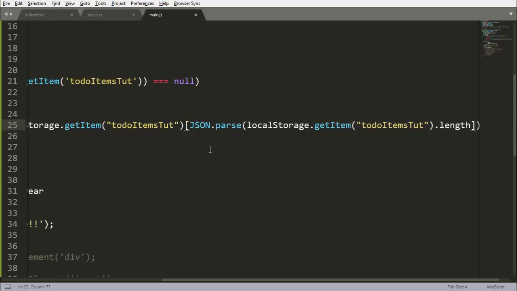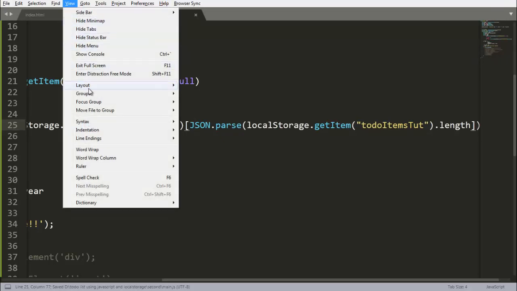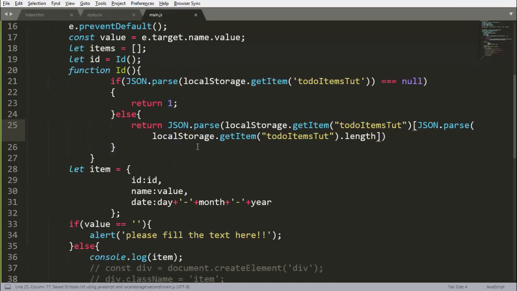What happened? See that this is JSON.parse getItem. So if there are items here, then it will return an array because of JSON.parse, and we want its length here.